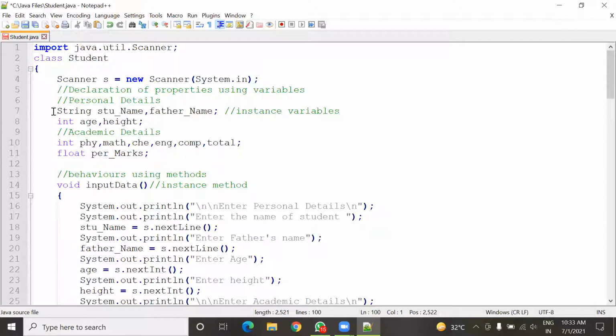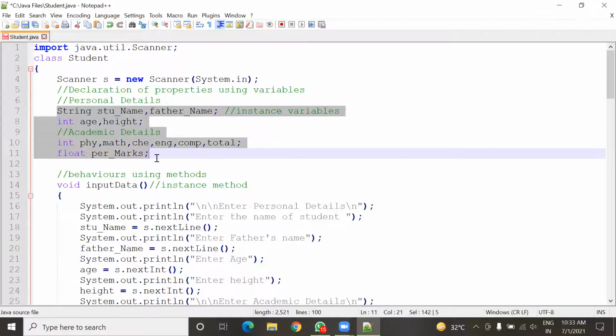Here I have declared these many variables, and all these variables are instance variables, because the values stored in these variables will be different, depending upon the instance using which the variable is accessed. If 5 objects are there, then 5 types of values can be stored in these variables.